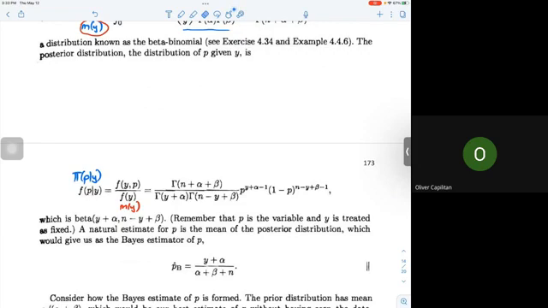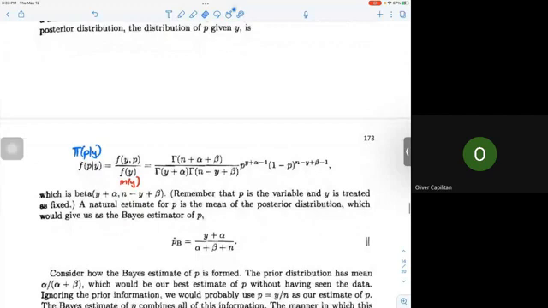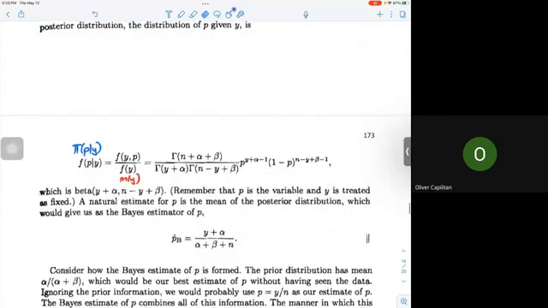So if we want to estimate our parameter p, which is the probability of success, we determine the mean of our posterior distribution. So ano yung mean ng ating posterior distribution? Sabihin natin, no? The mean of our posterior distribution